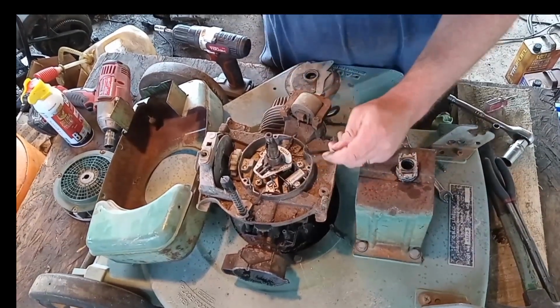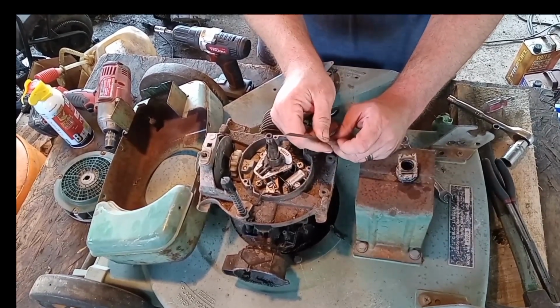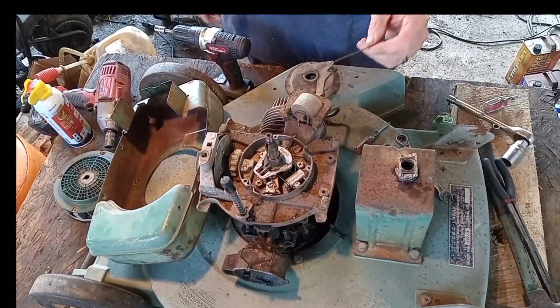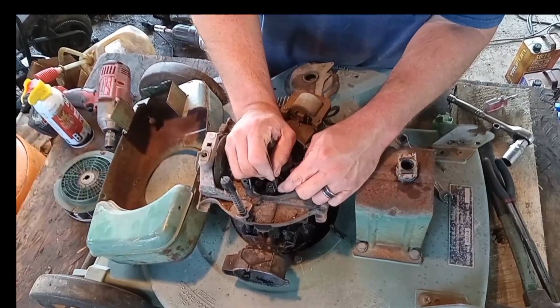All right, this is an ignition points file. Get them from your local hardware store. I got this one from an Ace Hardware. And I mean, I've had many of them. If you watch some of the earlier videos on the channel, you'll see that I lost tons of these, enough to last me the rest of my life. You're gonna set that in between the points like that, and you're just gonna start